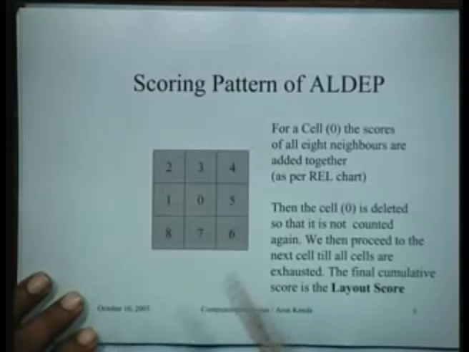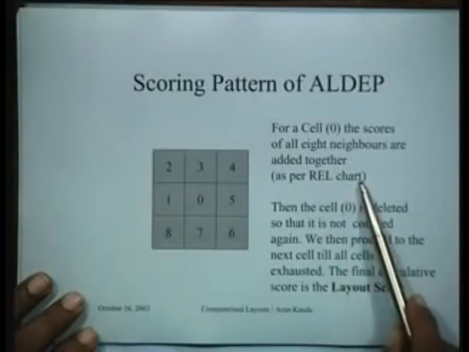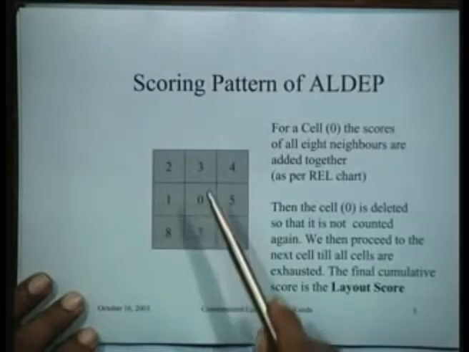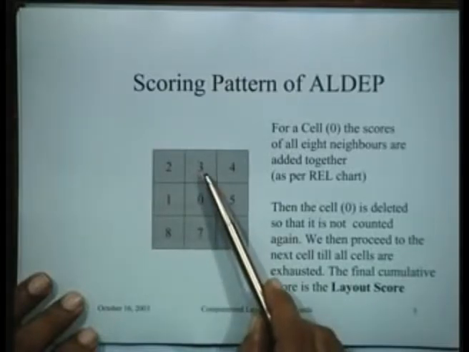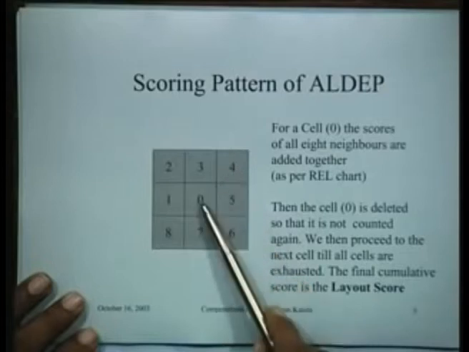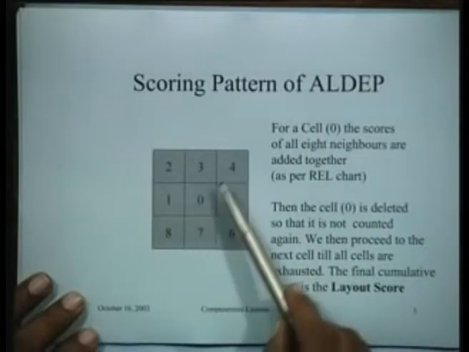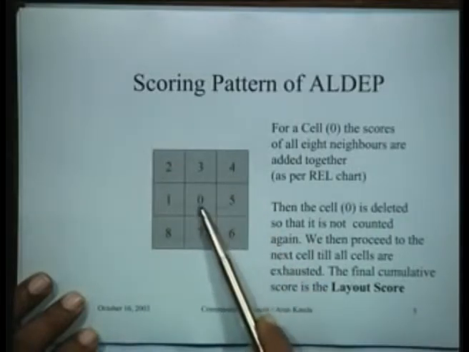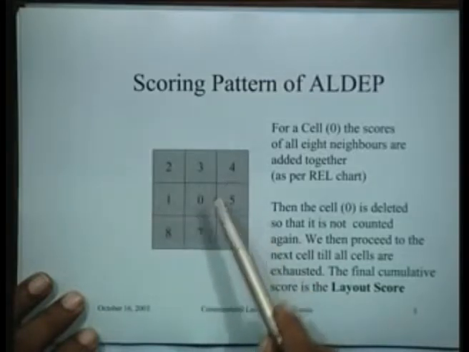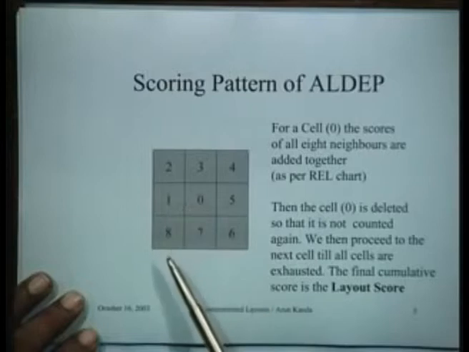So for cell 0, the scores of all the 8 neighbors are added together as per the REL chart, which means if cell 0 belongs to a certain department and this belongs to the same department, then no contribution to the score. But if this particular cell belongs to another department which has an A rating with this, then depending upon the value for the A rating, you will have that much score coming out of this interaction. Then similarly for 5 and 0, similarly for 0 and 6, and all these pairs 0-1, 0-2, 0-3, 0-4, 0-5, 0-6, that means all the neighbors of this particular cell would be evaluated